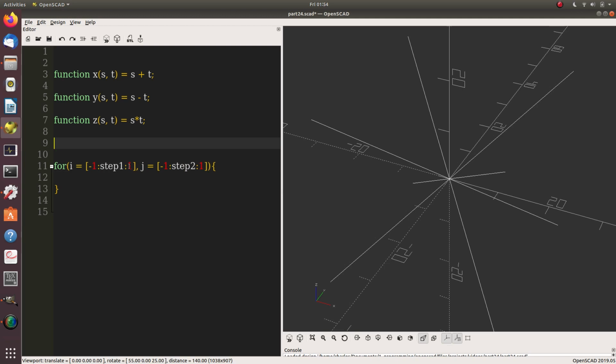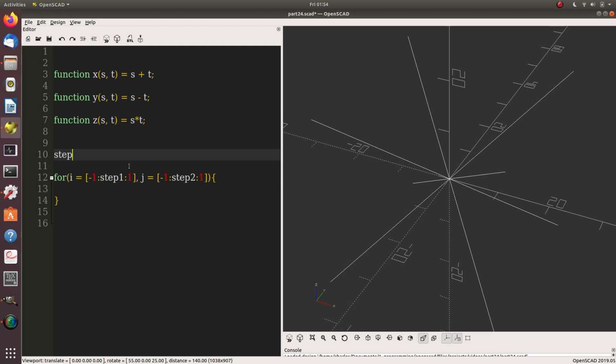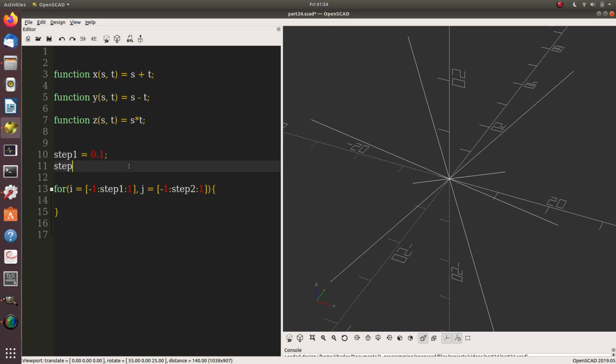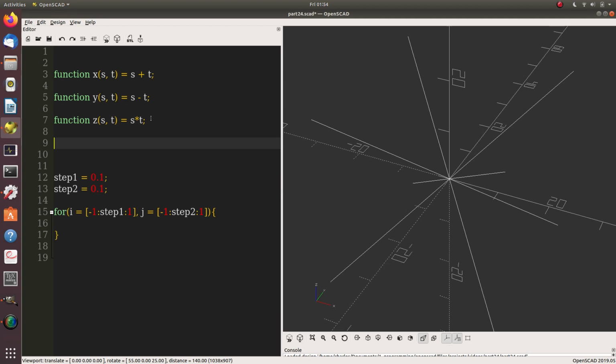Now we have to define step 1 and step 2. Let's say it's 0.1. Keep it simple for now. Whoops, 0.1. There we go. Okay, so now we need to draw some points. I forgot an important function. An important function that is not necessary for parametric equations, but it's going to make our lives a little bit easier. We're going to call this